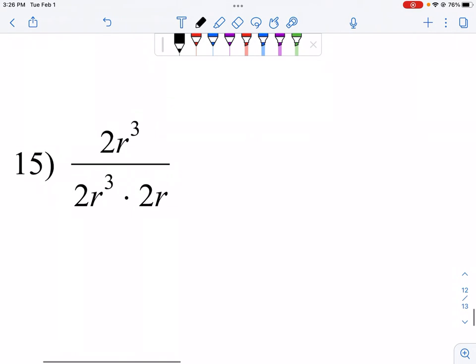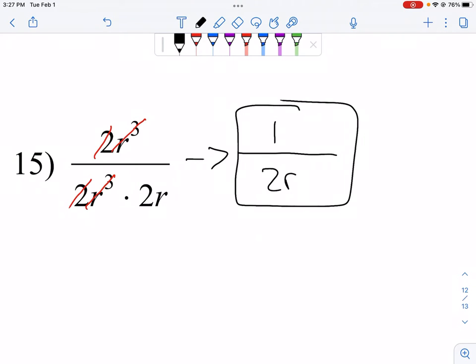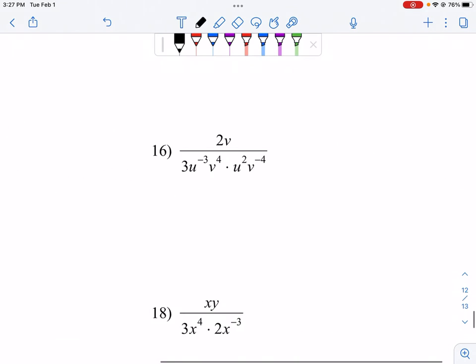In 15, lots of different ways to approach these. I'm looking at 2 and 2 reducing here. I also see that r3 and r3 are going to cancel each other out, and that would leave me with 2r on the denominator and 1 in the numerator. So this would be our final answer. You could have gone through and multiplied this up and then reduced, but